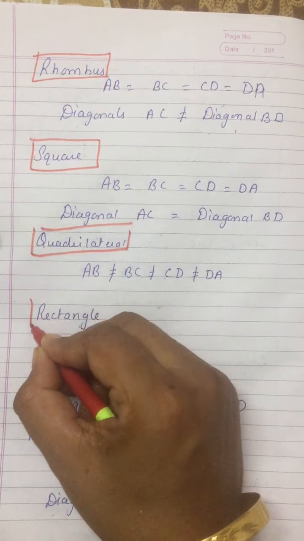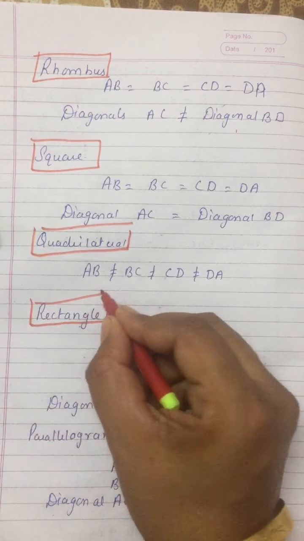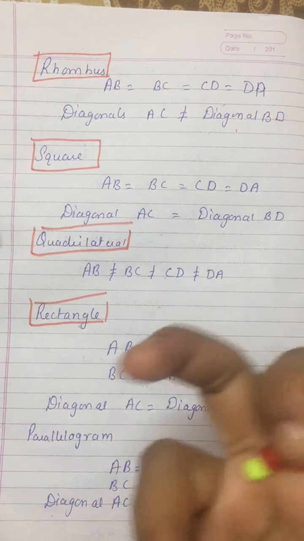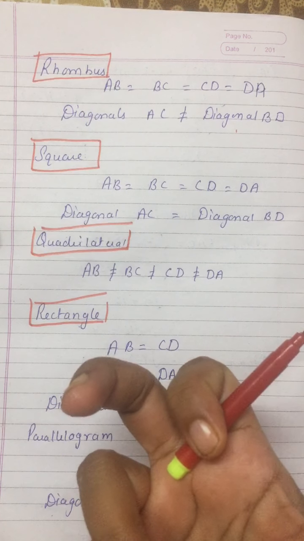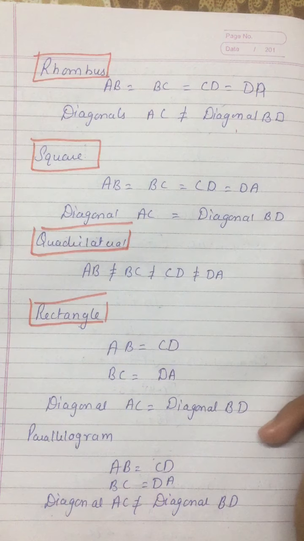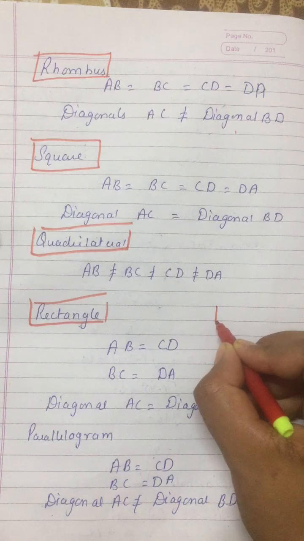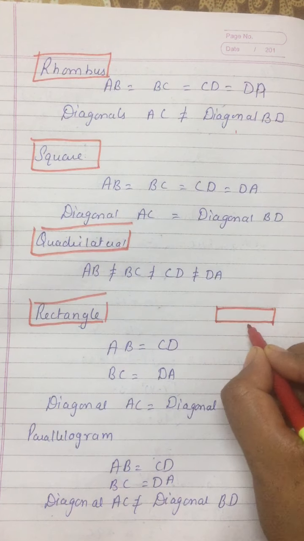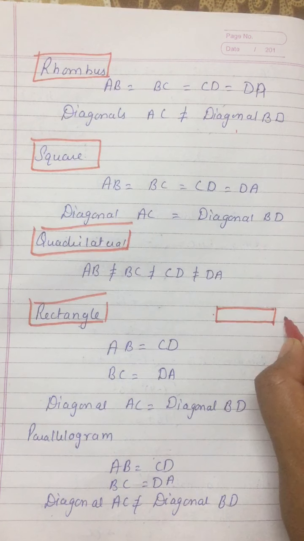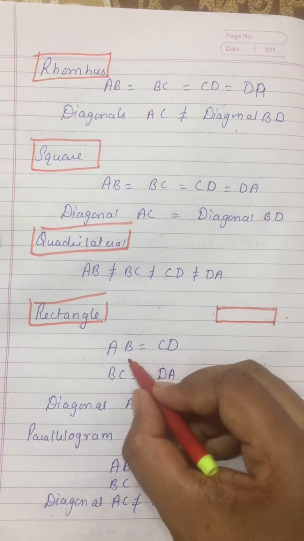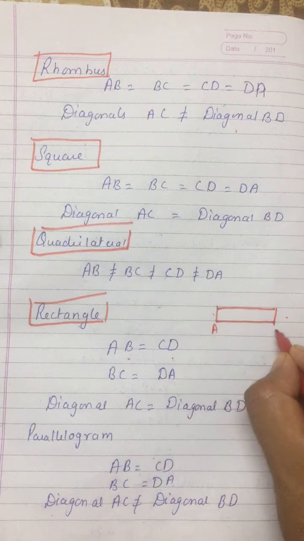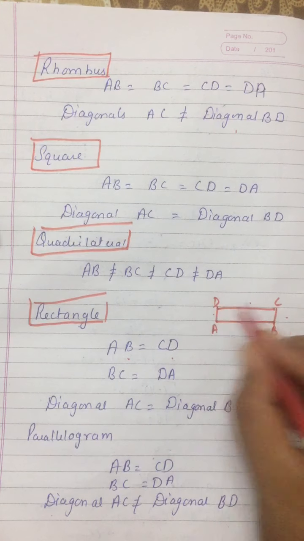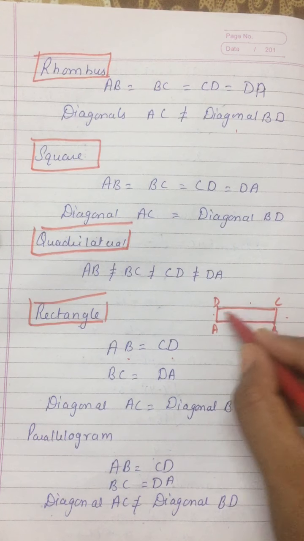If all the sides are not equal to each other, then that is simply a quadrilateral. And in the case of a rectangle, now what is the meaning of rectangle? Rectangle means opposite sides are equal. You can see a matchbox, that is a rectangular figure. Any rectangle you can take, in which we can take length and breadth like this. So opposite sides are equal. The pair of opposite sides are equal, so AB equal to CD, BC equal to AD. So that is a rectangle.